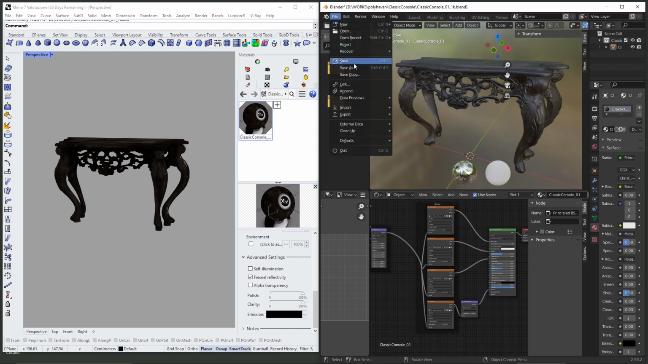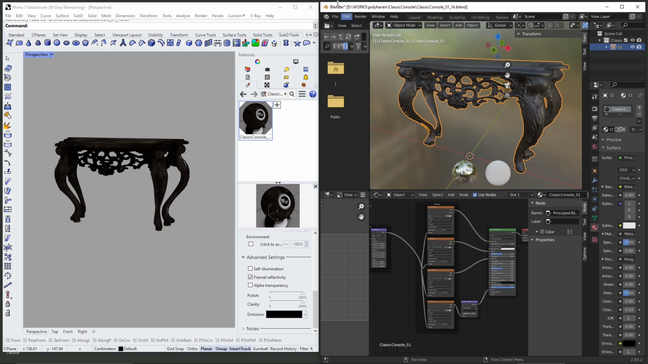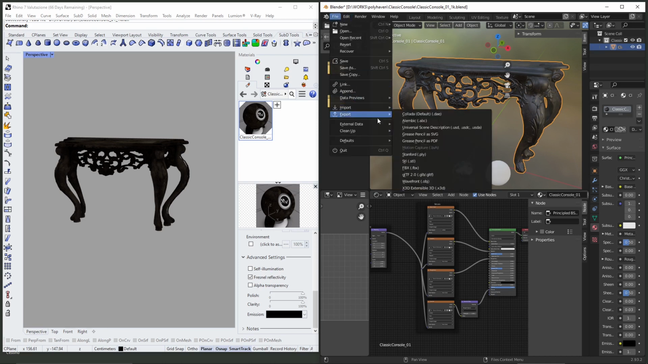Go to File and go to Export, select the model before, and export these in FBX. Now I've tested some of these and I found FBX to work a little bit better, but you can do other tests